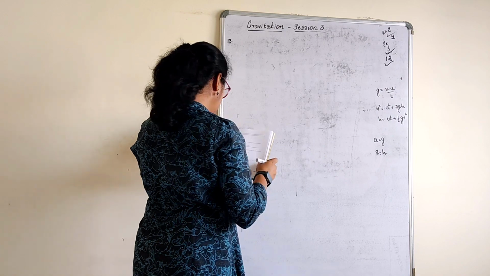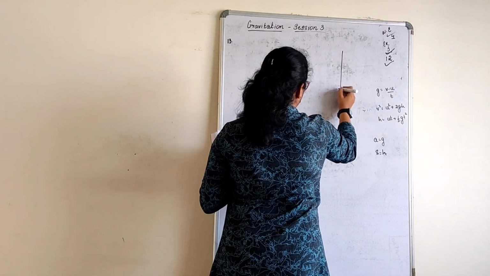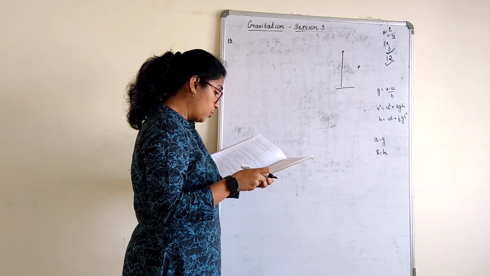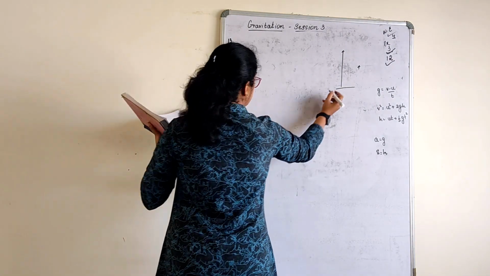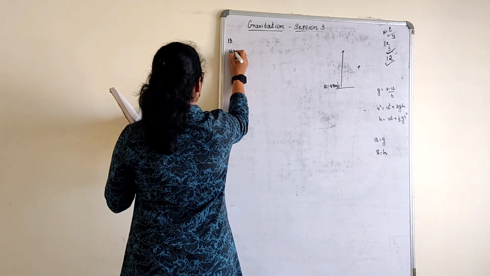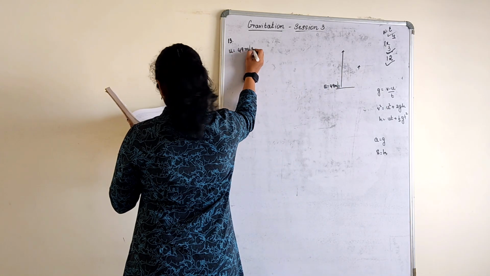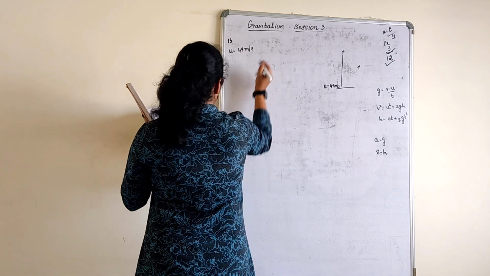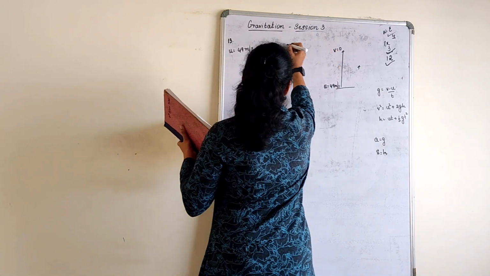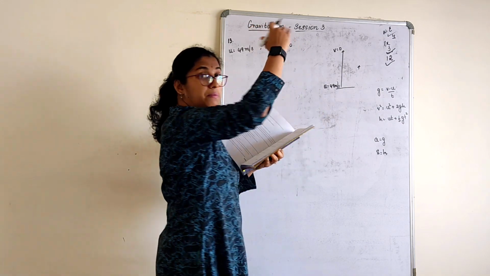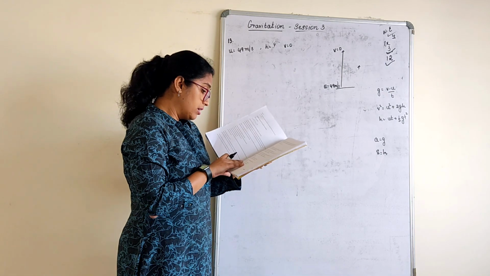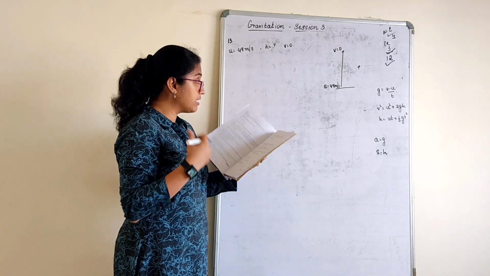Next we will go with 13th one. A ball is thrown vertically upwards. You can just have a figure for your reference. If this is the ground, a ball is thrown vertically upwards with velocity 49 meters per second. So U is 49 meters per second. Calculate the maximum height it reaches. If it is reaching a maximum height, V has to be 0. Because it reaches a particular height and from there it comes down, V will become 0. Total time it takes to return to the surface of the earth.